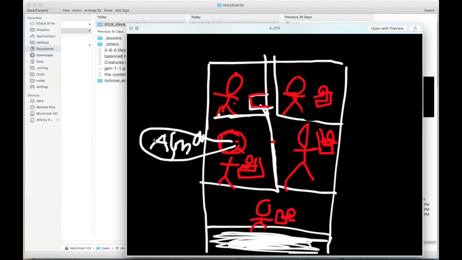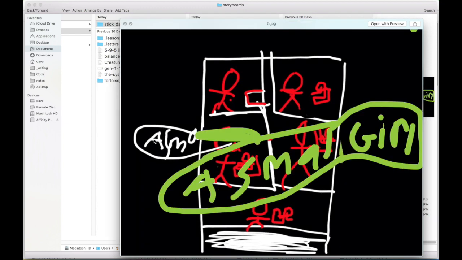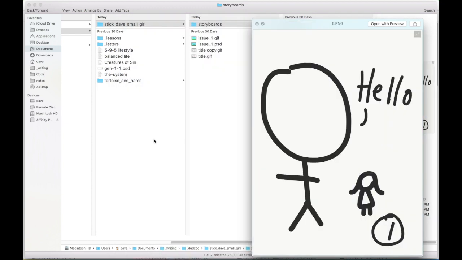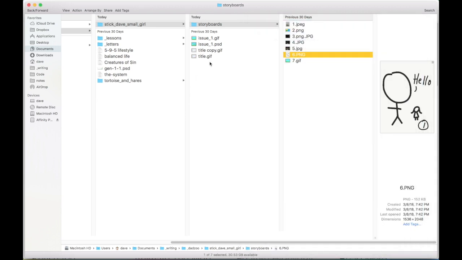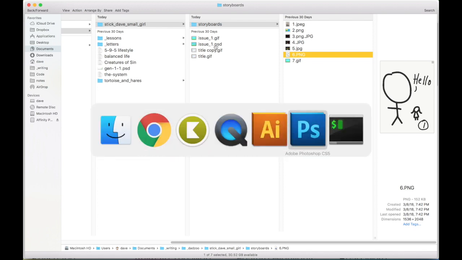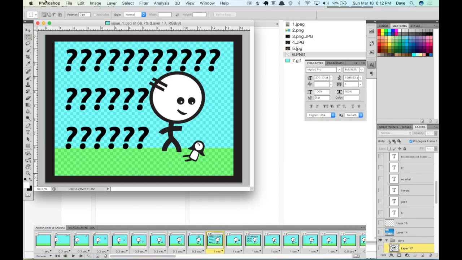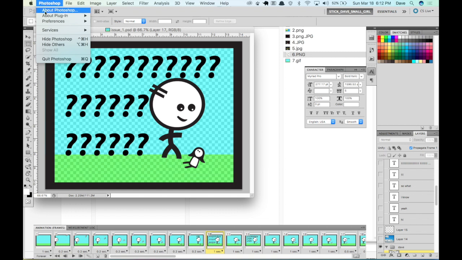And then one of the other things we talked about was storyboarding. So he created a storyboard and sent that over. And again, I saved that, and I said, okay, I see where you're going. So what I ended up doing was jumping into Photoshop. I don't really code or design or use Photoshop anymore.